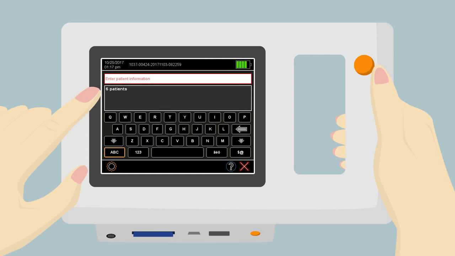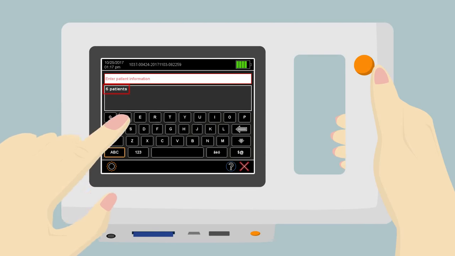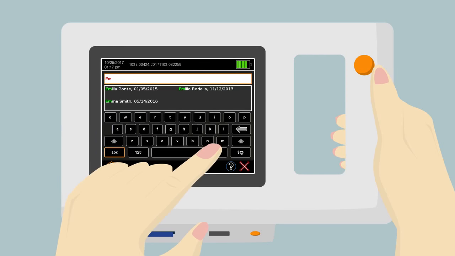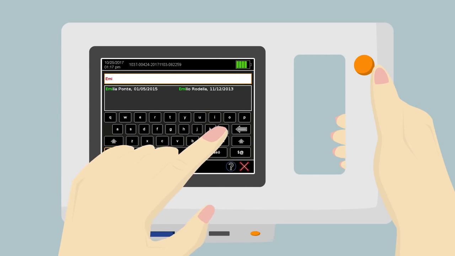For example, Emily Smith. The number below the entry line is the number of existing entries with the same letter string. If there are 4 or less already entered patient data entries with the same letter string, they are portrayed instead of the number. If you want to assign this measurement to one of them, you just need to touch